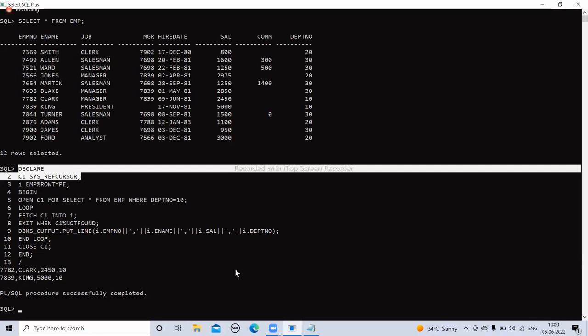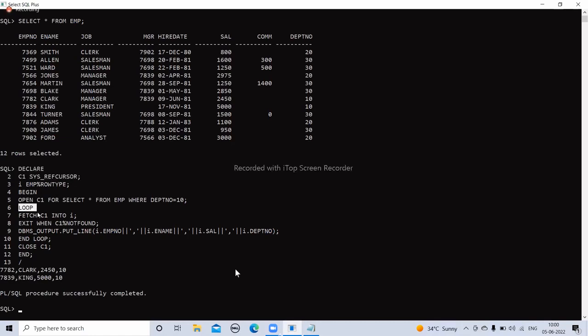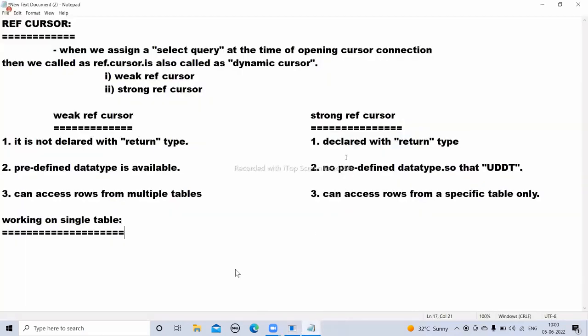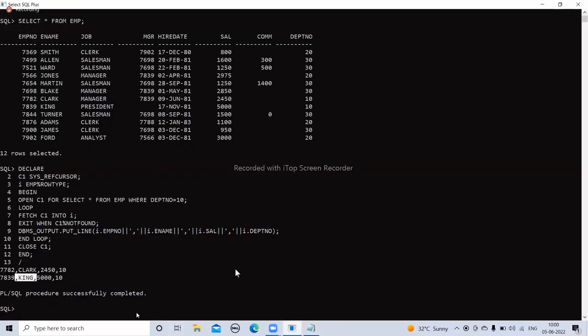And how is the data fetched here? One row at a time, not all at once, because I'm using a looping statement. So here also one row at a time is fetched. Okay, right. This is what we said for the weak ref cursor. Suppose I want to write a strong ref cursor,